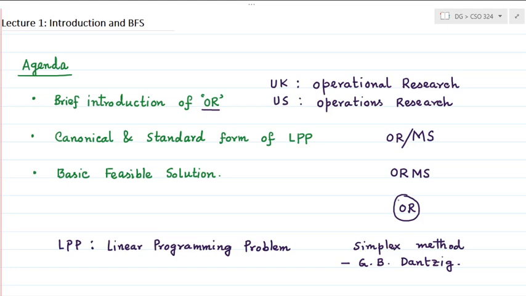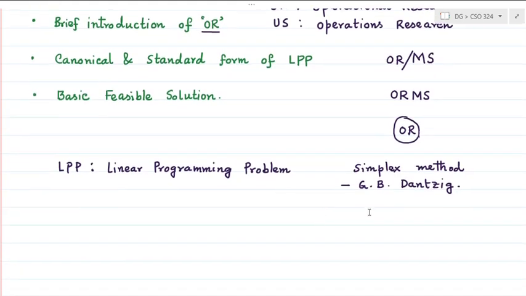Okay, and George Danzig is not the one person who developed the simplex method. Obviously, he was the person who started talking about solving linear programming problems in a systematic manner. However, almost at the same time, Kantorovich, a Russian mathematician, Leonid Kantorovich,